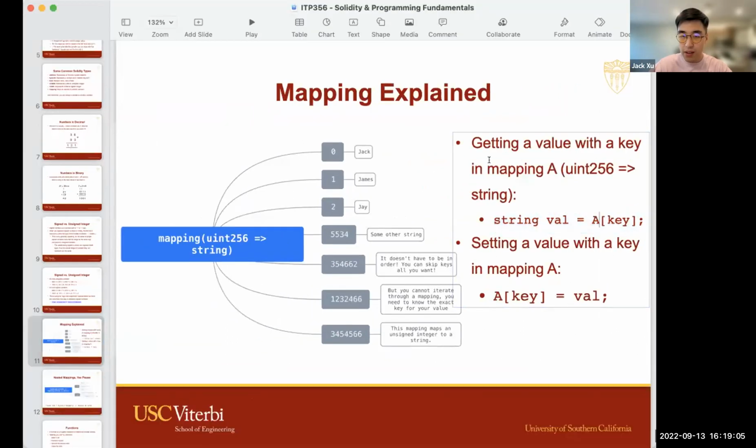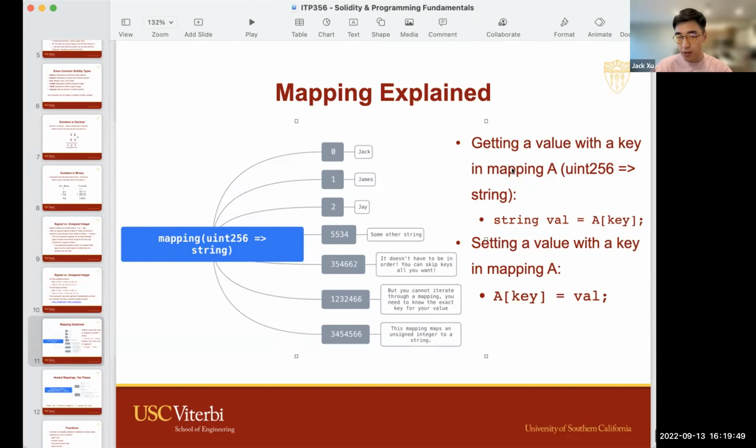Let's say we have a mapping, and again, we're basically declaring a variable here. This mapping, we're storing it in a variable named A, uppercase A. Is it a dynamically allocated array? Not so much, and you'll see in a bit. One of the reasons is that for an array, you can't skip indices, but for a mapping, it doesn't have to be continuous. And there's also another property of mapping that we'll talk about later, that's different from an array.